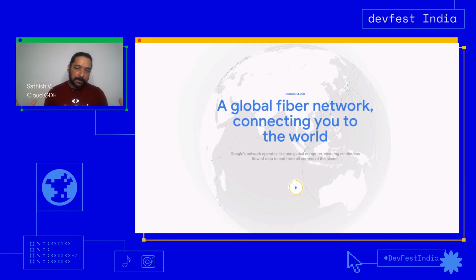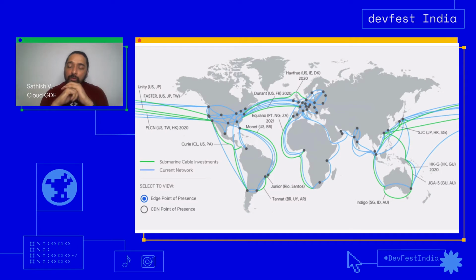With all these regions spread apart, you also need to have a way for them to talk to each other. And this happens all over a very fast network that connects multiple parts of the world. Google today boasts of the most number of kilometers of network that it owns. There are undersea cables and terrestrial cables that crisscross the world, connecting all these different places and these data centers,